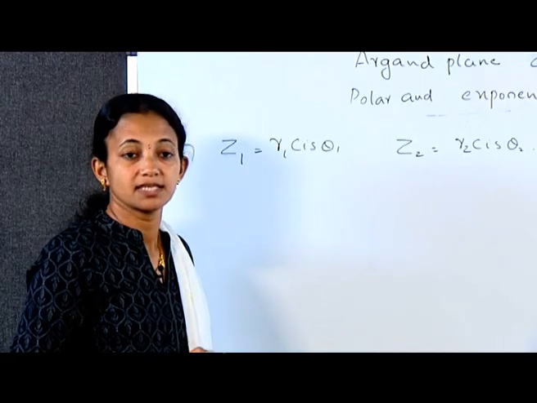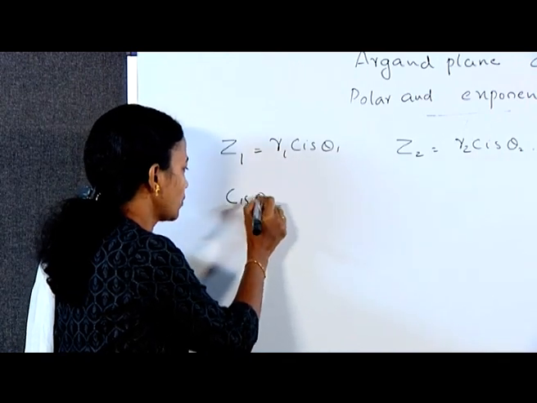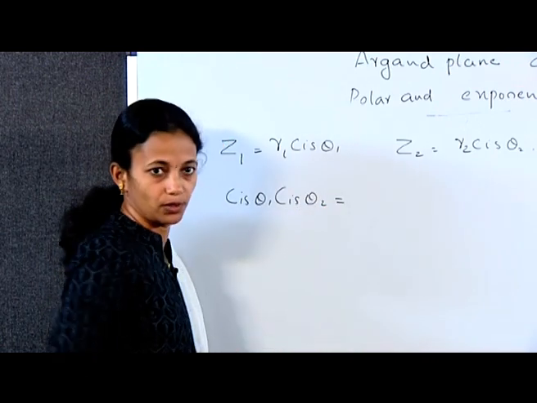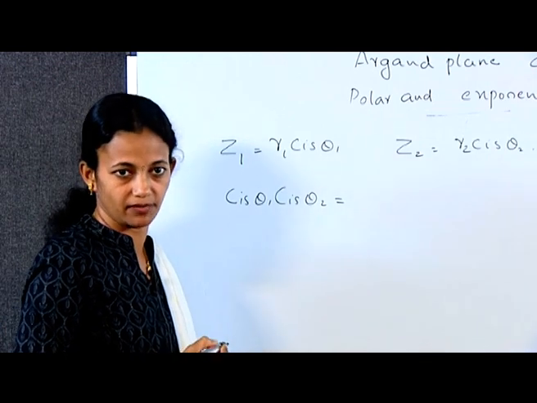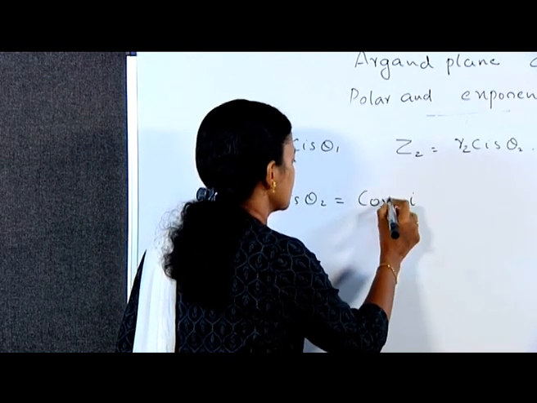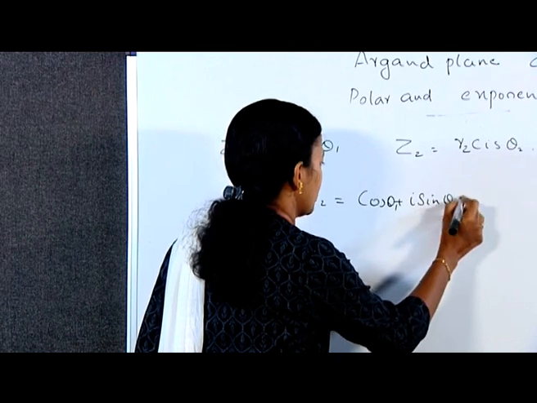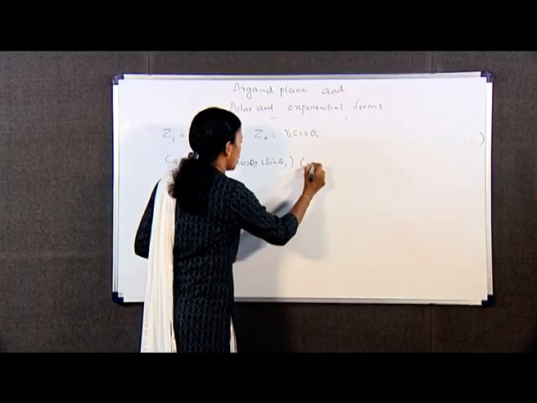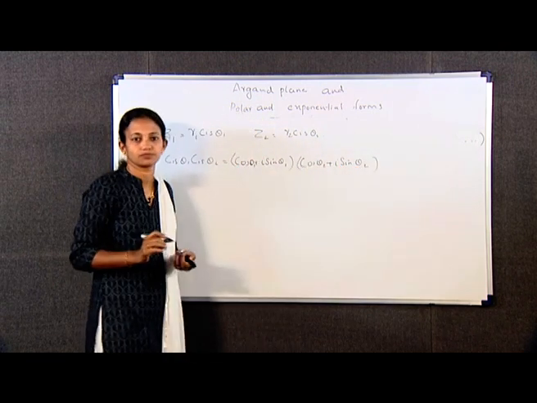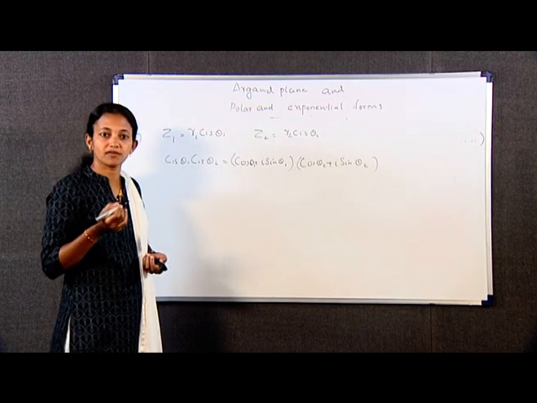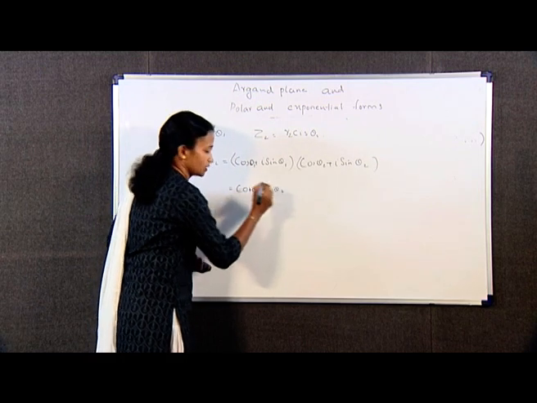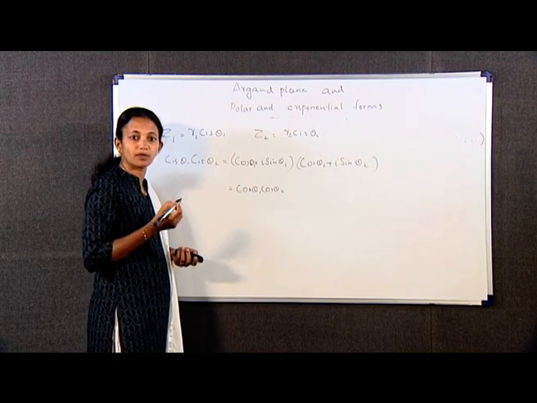We find that sec theta 1 into sec theta 2 is equal to cos theta 1 plus I sin theta 1 into cos theta 2 plus I sin theta 2, which is equal to cos theta 1 cos theta 2 minus sin theta 1 sin theta 2